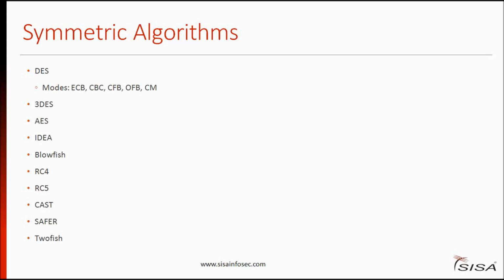Then we have the crypto system, which is basically a combination of the encryption algorithm, key, and key management functions, which is used to perform the cryptographic operations. Now, let's look at the various types of crypto systems or cryptographic methods which are available. So basically, we have the symmetric